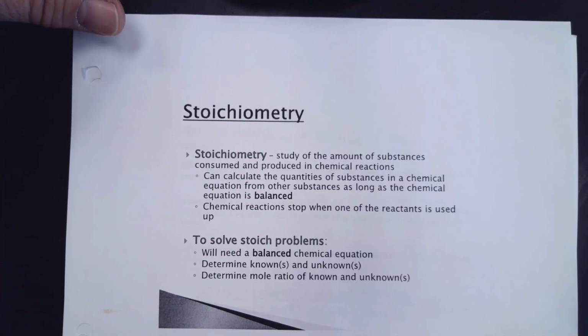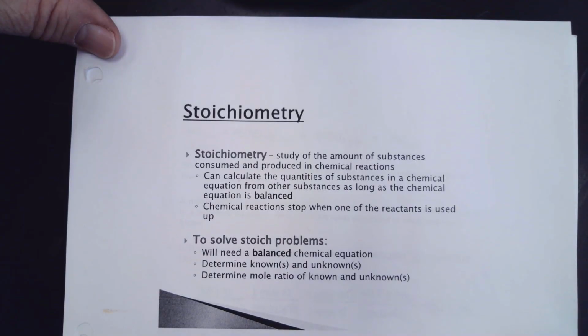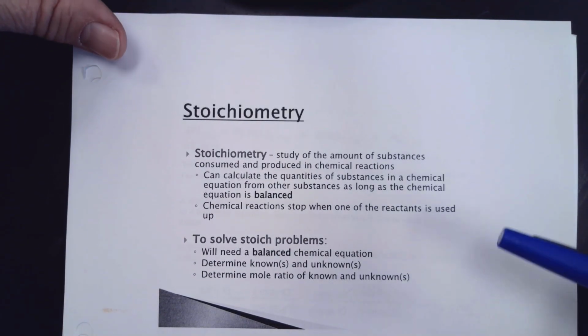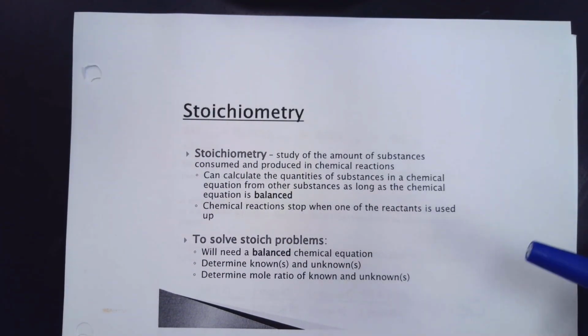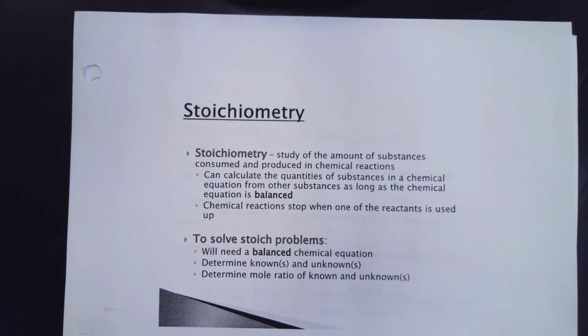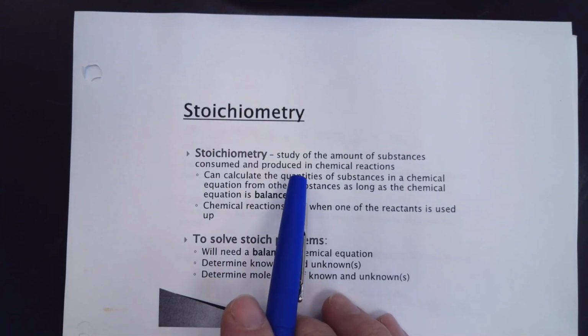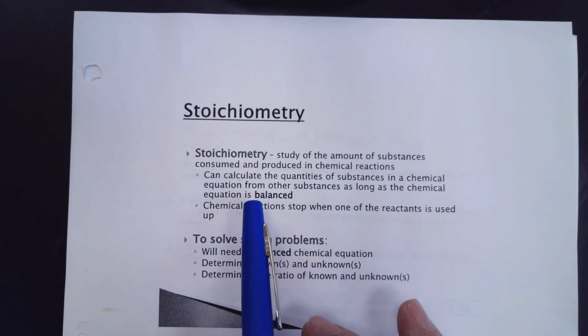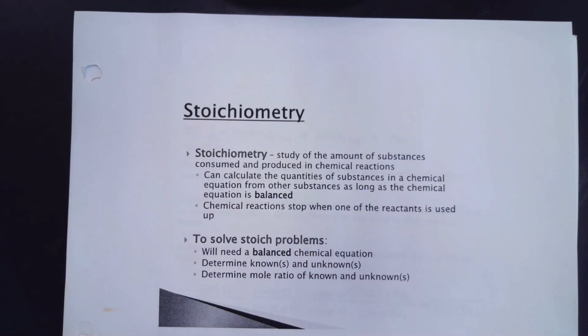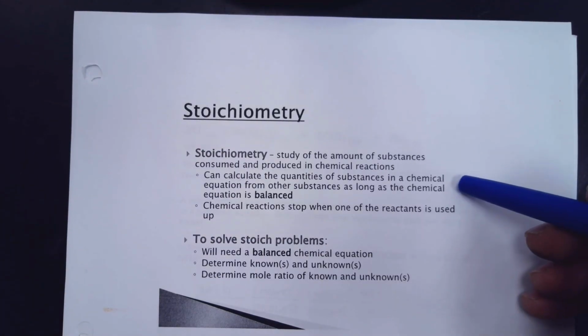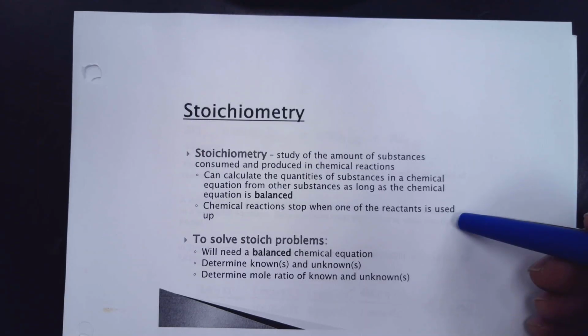This is AP Chem, Chapter 4, Chemical Reactions, and this is stoichiometry. So stoichiometry is really one of the key parts of chemistry, where we're going to study the amount of substances that are consumed and produced in chemical reactions. And the first step is always to have a balanced equation, and then we can figure out how much products